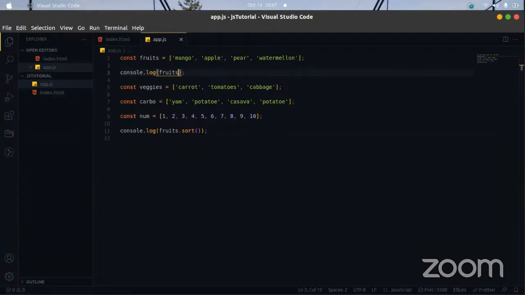Also, we could also use numbers for this sort. Let's say, for example, we have an array of numbers.